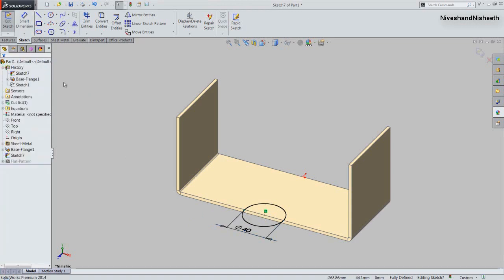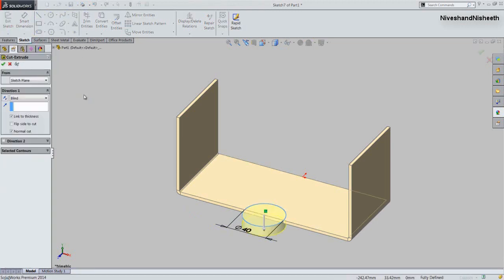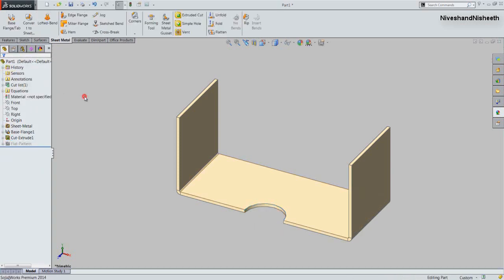Okay, finish the sketch. Make sure the link to thickness option is activated and click OK. Now see.